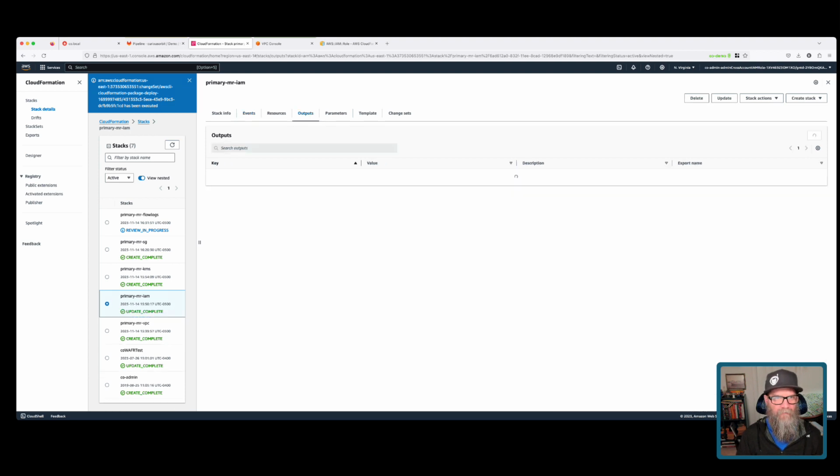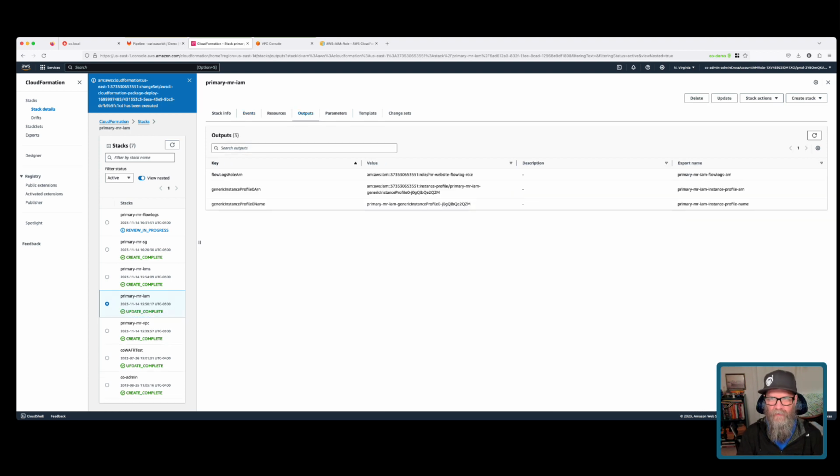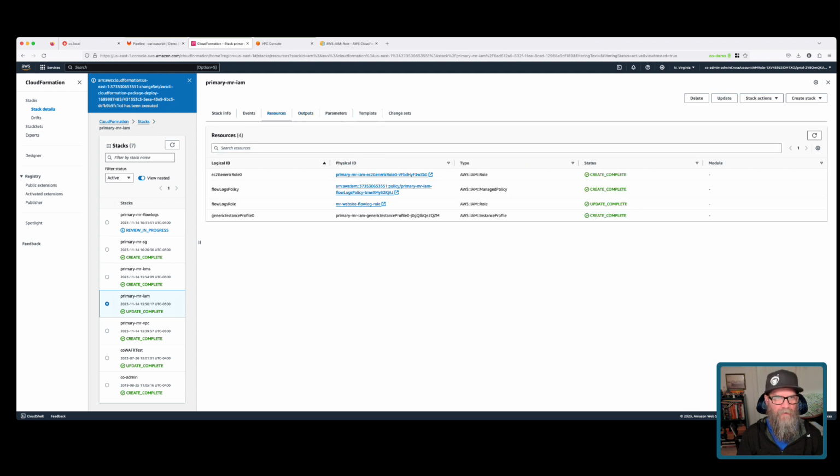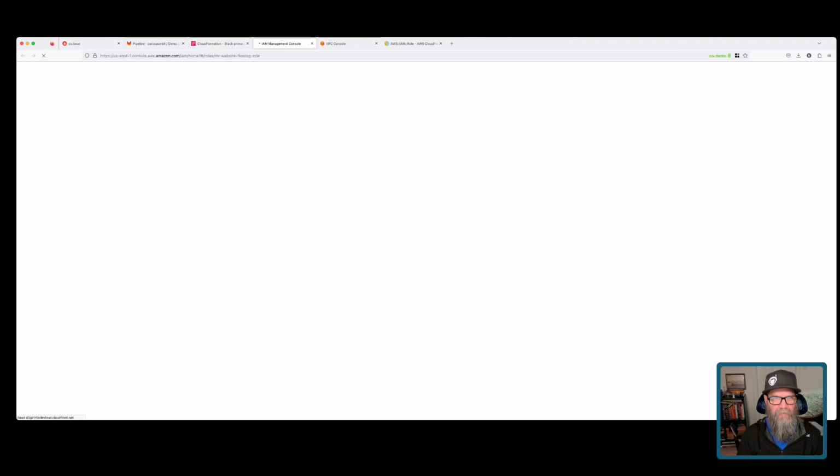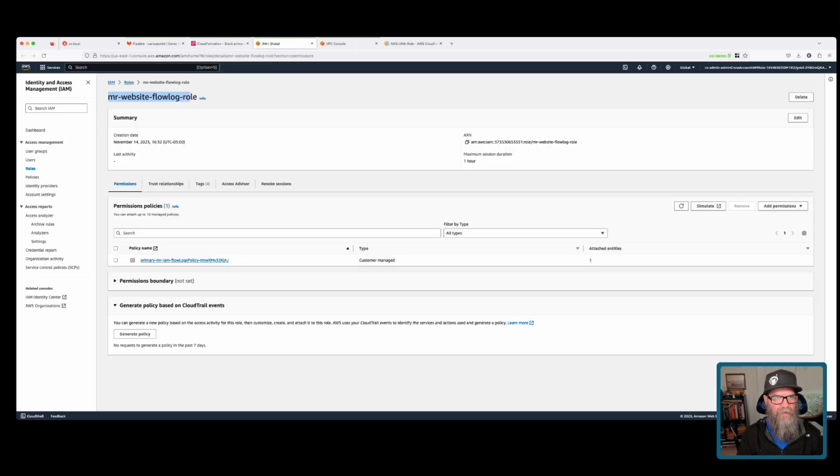Okay, perfect. Now if we go to outputs, this should look no different. But if we go to resources, see this? That's the ID now. So over here, we don't have that. CloudFormation hasn't appended that string of characters to the end of this. So now, what I'm thinking we do, see the ARN right here? This is what we need. So let's go